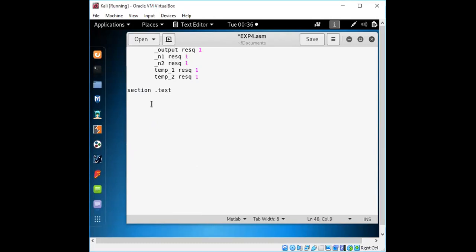So you require the first line, global underscore start. From the keywords, as we are going to save this file, we can find the difference. That is global, it becomes a different sign. First we'll display the message.